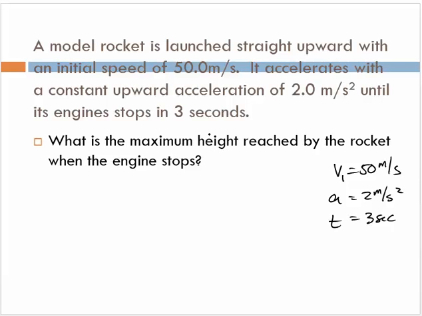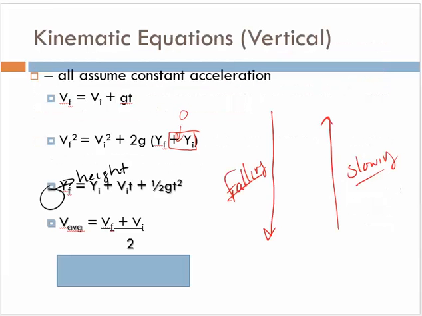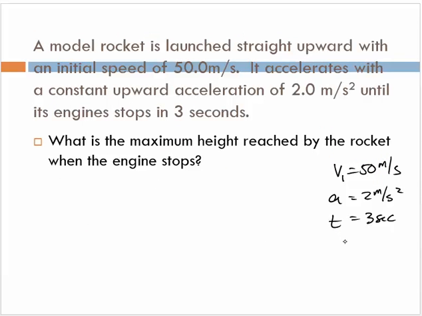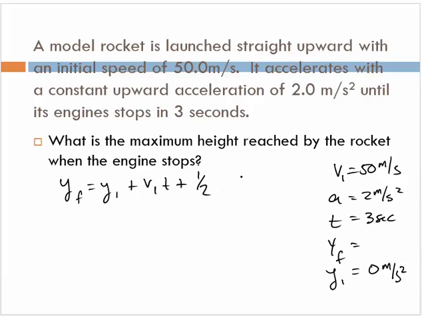What is the maximum height? That's my yf. So as I look at my equations, this top one doesn't have a yf. This one does, but it never has time, and it asks me at a certain time. So now we're talking about, again, this equation here. So I want to find yf. If it's a rocket, common sense tells me that yi is 0. So we're going to have yf equals yi plus vit plus 1/2, I'm going to leave a little space there,